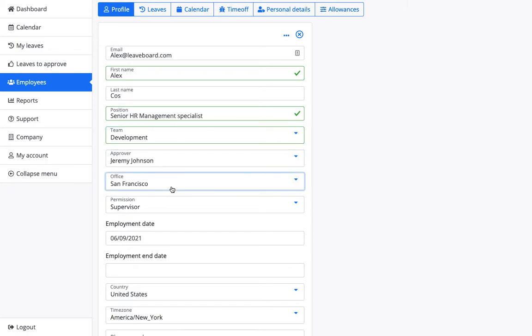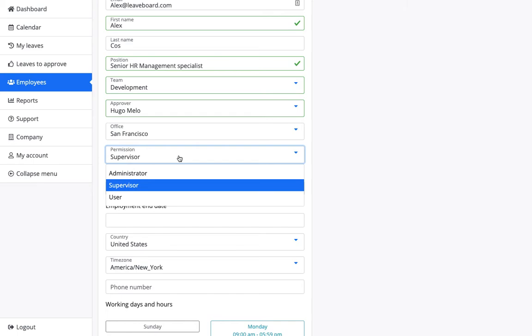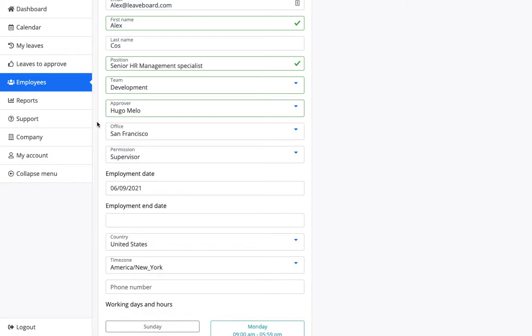And we can change the theme, we can change who's the approver. We have multiple permission settings, which we will cover in a second. And so the employees are practically having the least amount of information. Then there are the managers, which have the menu leaves to approve and eventually reports. Supervisors can see everything except the company settings, and administrators can modify anything, can delete anything, can edit anything, so